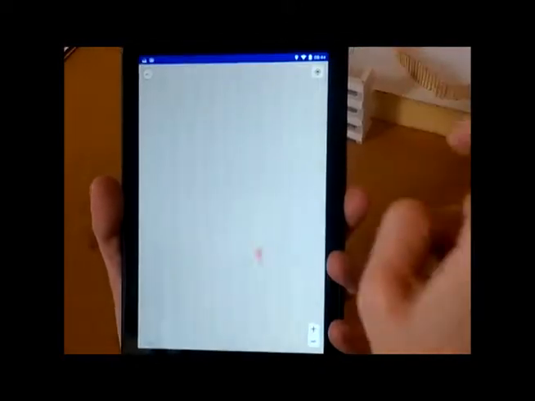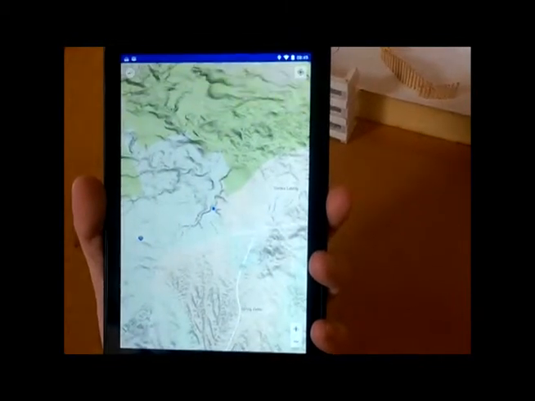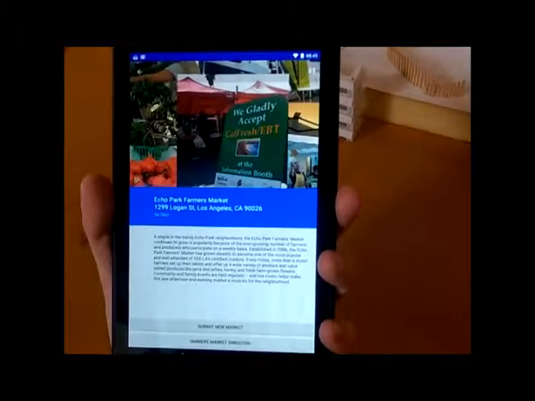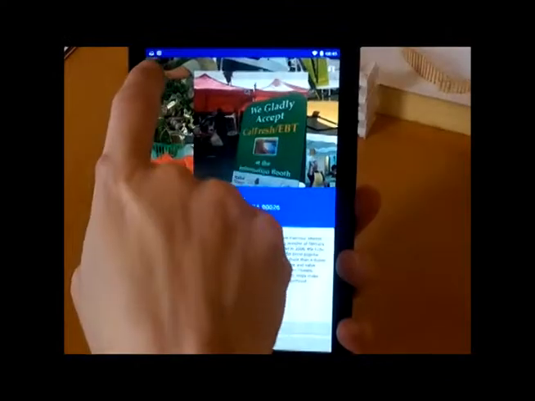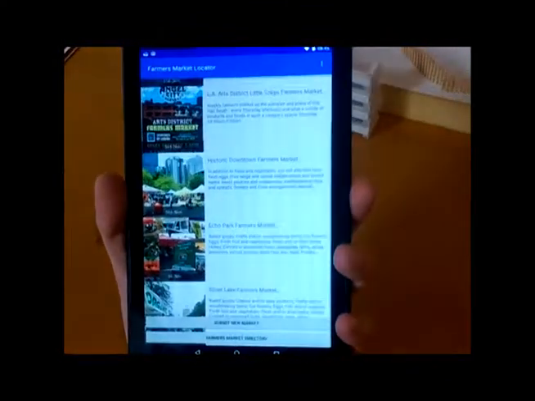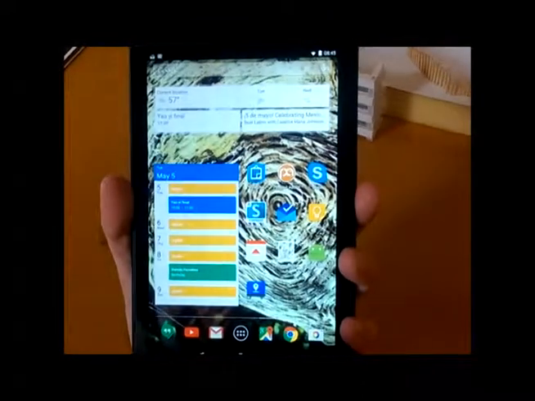Unfortunately, due to parsing of the JSON file, because the actual format of the API from the USDA is not a very Android-friendly format, I was not able to execute it in that form. I was, however, able to make a very simple